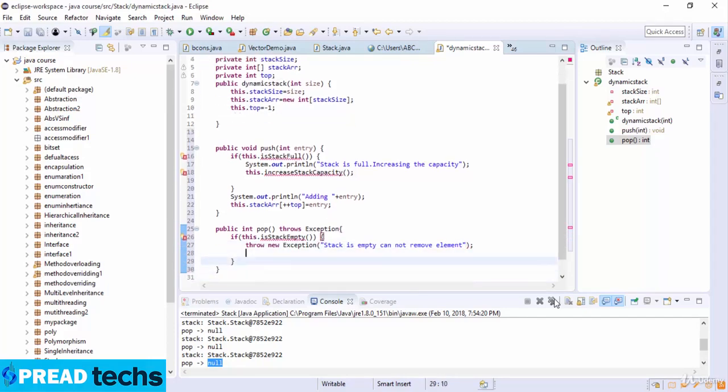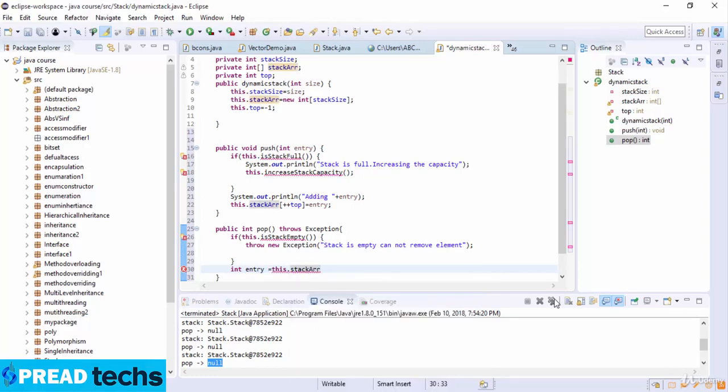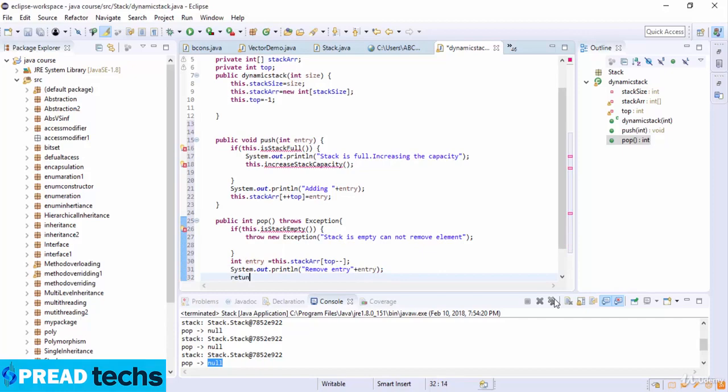Now after that I just write int entry, which is equal to this.stackArray[top--], and then System.out.println, and the print line here is "Remove entry", and then concatenate entry here. Now return entry,